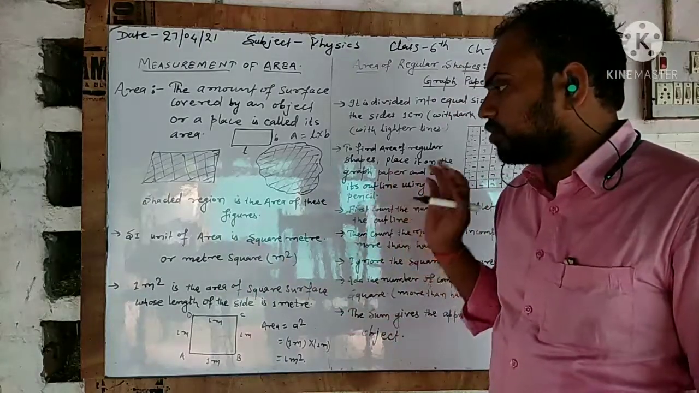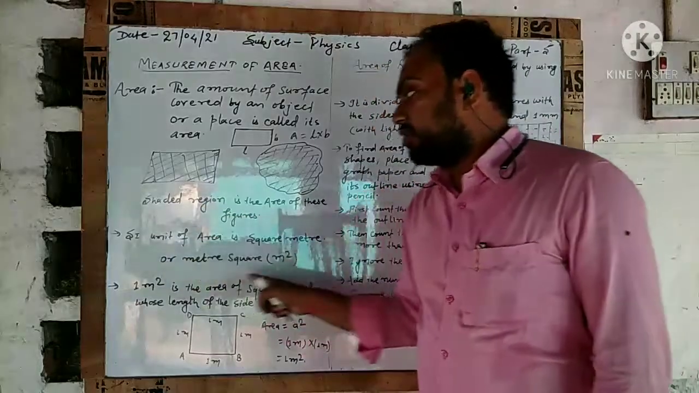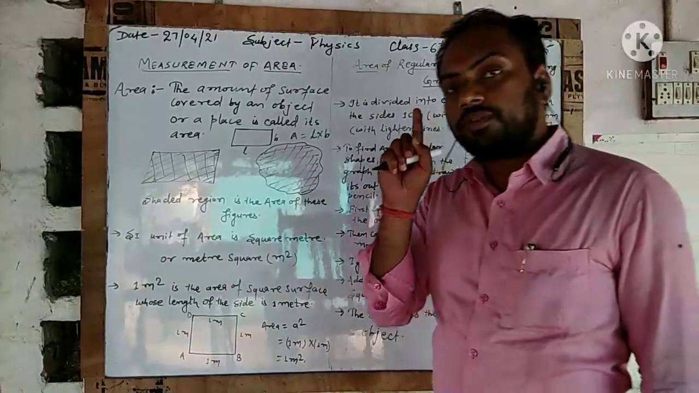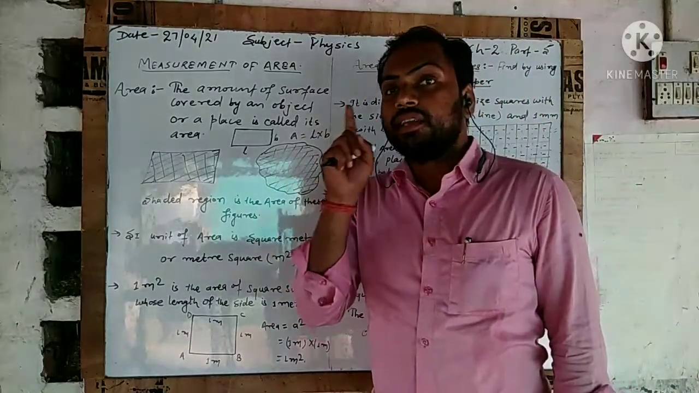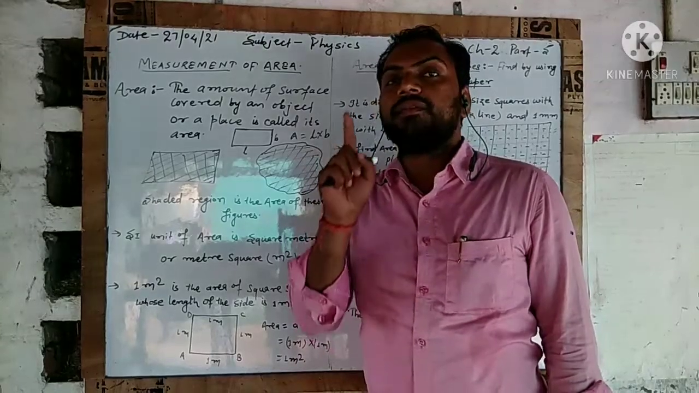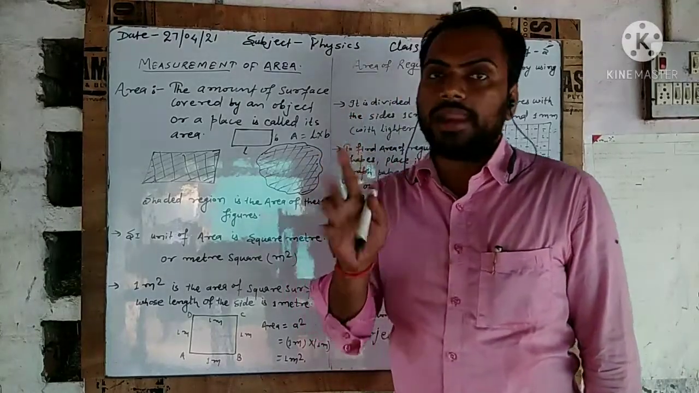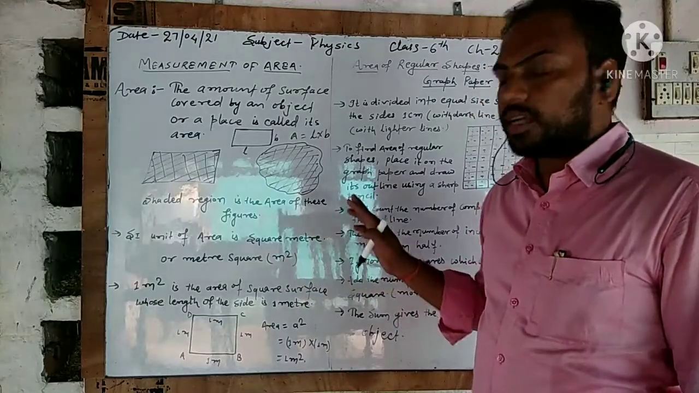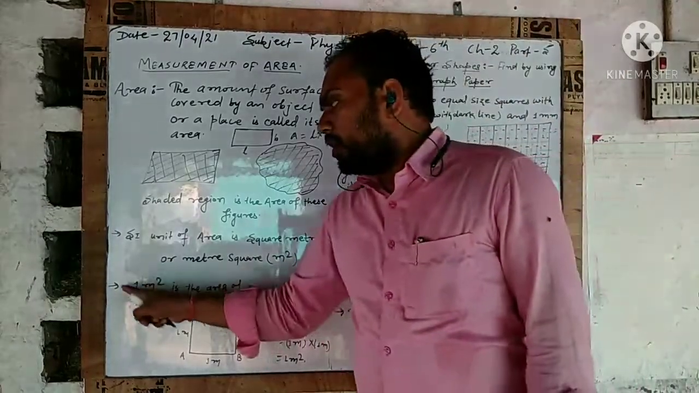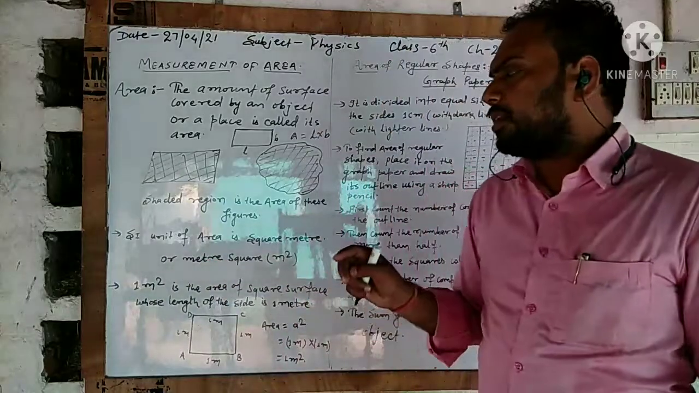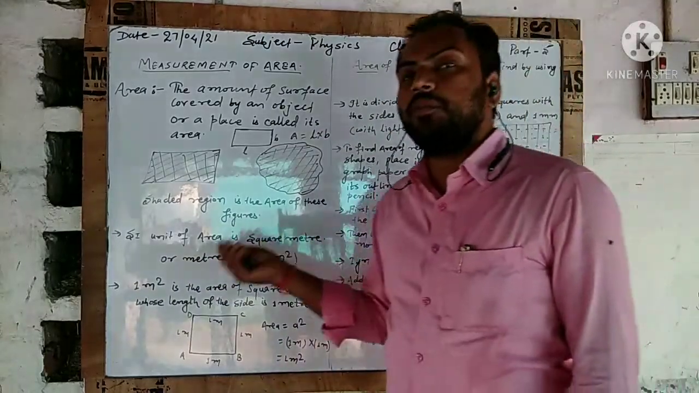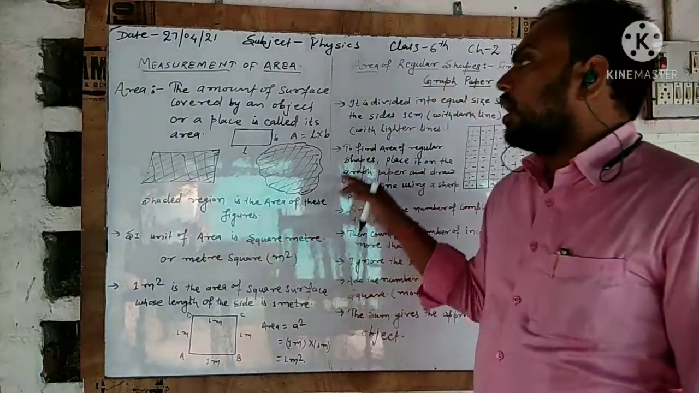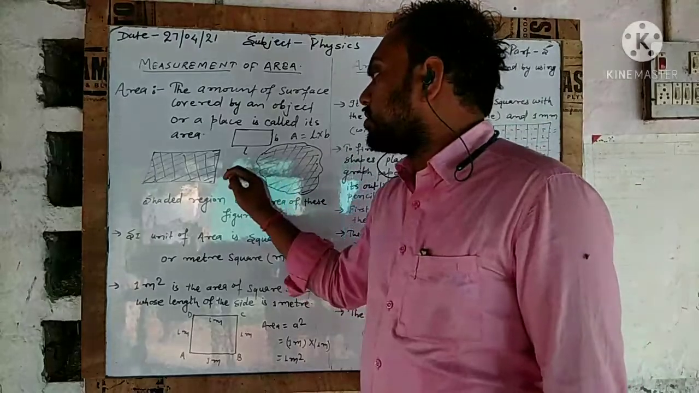Now you have learned the SI unit of area. Always keep in mind that the SI unit of area is meter square or square meter, written as m to the power 2. A question you may be asked is, what is 1 meter square? We know that a square